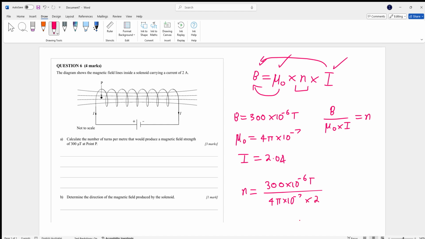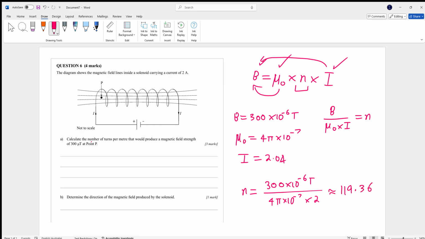Then we can put that into our calculator: 300 times 10 to the -6 over 4 shift pi times 10 to the -7 times 2. So this gives us roughly